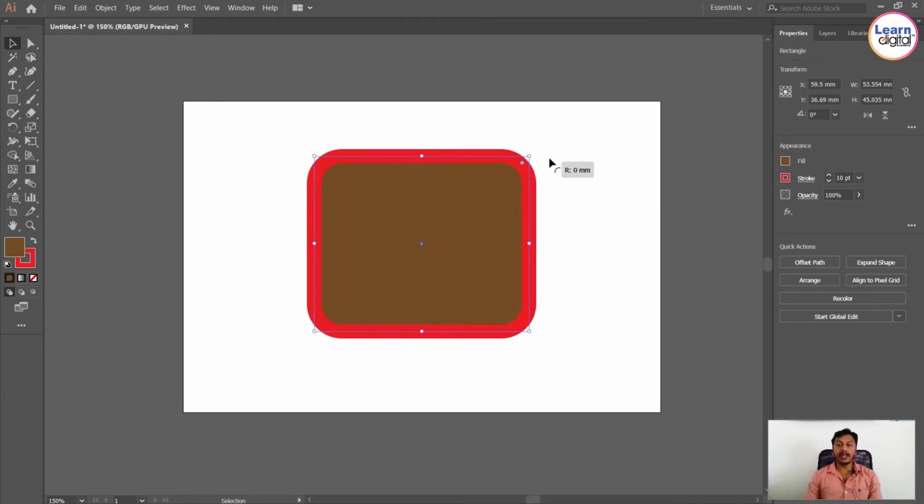If you need only one point, what you need to do is just select an object. Which point you want to make smooth, just click on only that point and then drag it. Now you can see only the selected point is giving you a curvature. Not only for a rectangle shape, you can apply this for all different shapes also. Maybe star, polygon, hexagon, whatever it may be, you can apply.